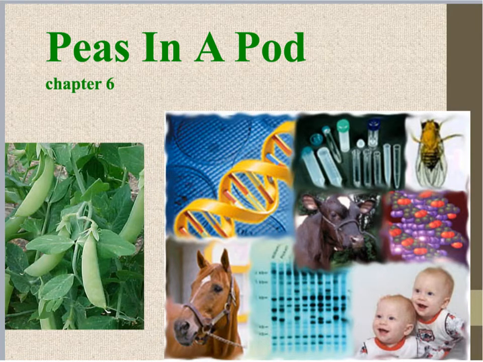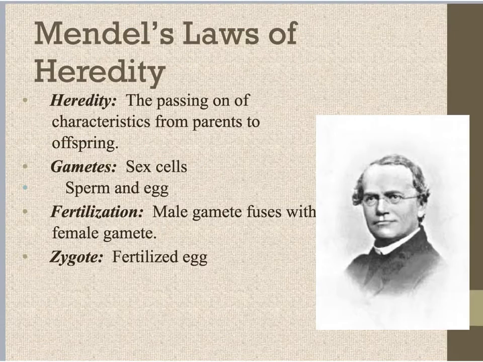So here we go, genetics, peas in a pod. Genetics was first started by this gentleman named Mendel. He was a monk in Europe somewhere a few hundred years ago, and he noticed that some pea plants looked similar to others, some looked different, and if he put different pea plants together, he could get different traits. So, some terms. First of all, heredity is the passing on of characteristics from parents